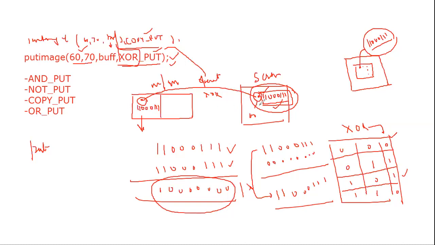Fine. So in this manner, the operations will be performed between the pixel values of the image that is available in the memory and on the screen. Okay, so AND put will perform the AND operation. NOT put will do its inverse. Where there is 1, 1, the color will get changed. If I perform a NOT operation to this pixel, which is in the memory, okay, let me erase these.